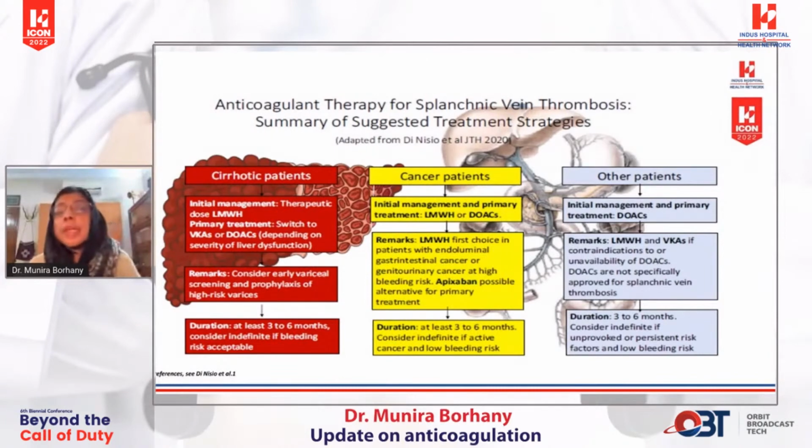और अगर कैंसर पेशेंट्स की बात करें, इनिशियल मैनेजमेंट एंड प्राइमरी जो ट्रीटमेंट होता है, इट्स विद द लो मॉलिक्यूलर वेट हेपरिन, और यहाँ पे भी अब डोएक्स का रोल आ गया है, डोएक्स आर अलाउड। The first choice is low molecular weight heparin, especially in the risk of bleeding, जहाँ पे specially GI cancers है, genitourinary cancers है, वहाँ पे हम low molecular weight heparin ही first choice है, and duration is 3 to 6 months, and we may be considered indefinitely जब तक कैंसर मौजूद है।